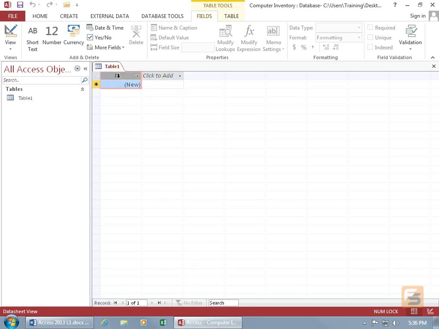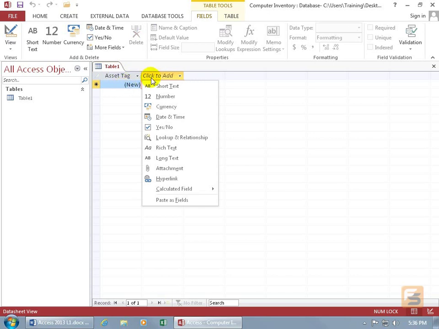To do that, just go ahead and double click really fast on the name here, and then you can see it aligns over to the left hand side and it's highlighted. Just simply start typing, and it will overwrite the field there. Then hit enter, and it automatically goes to the next field, and it brings up a shortcut menu for us to go ahead and choose the type of data for this next field that we want the front-end user to